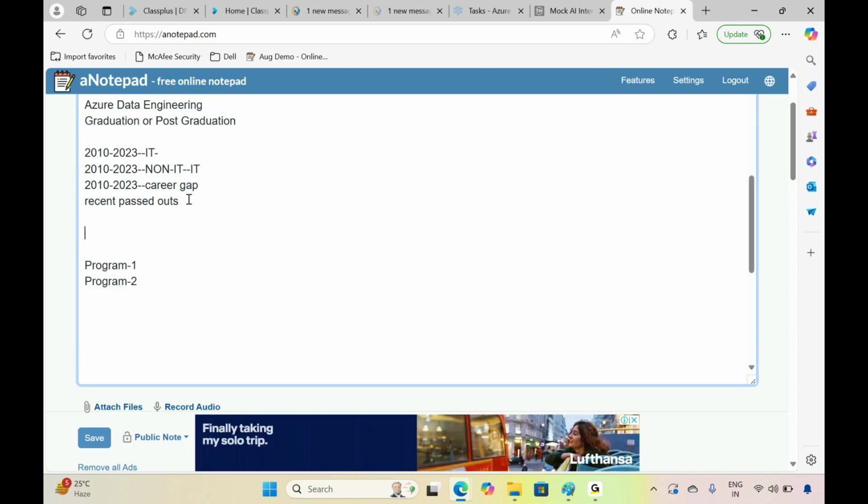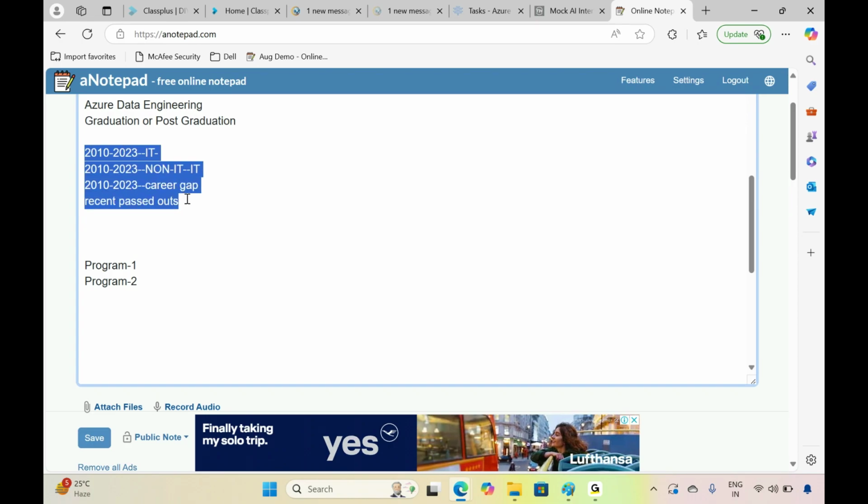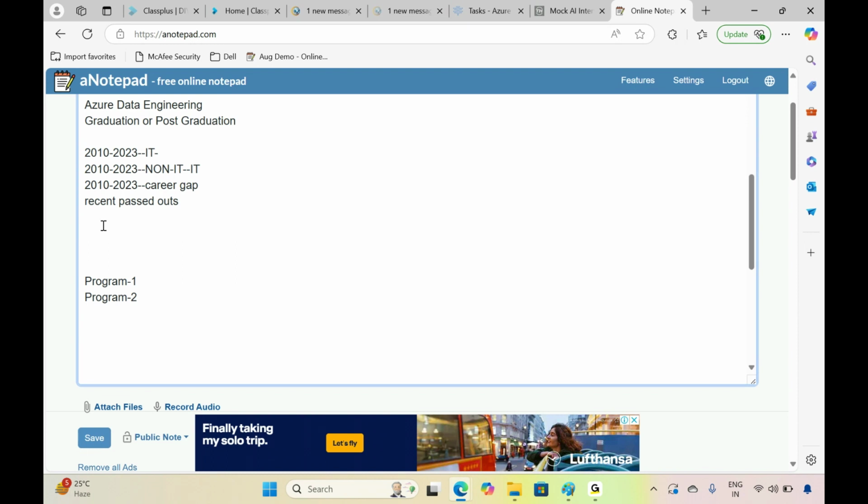The reason is that most of the people, after completion of this Azure Data Engineering course, are going to claim 2 to 5 years of experience on Azure Data Engineering technology. That means they are going to prepare their resume as an experienced data engineer.